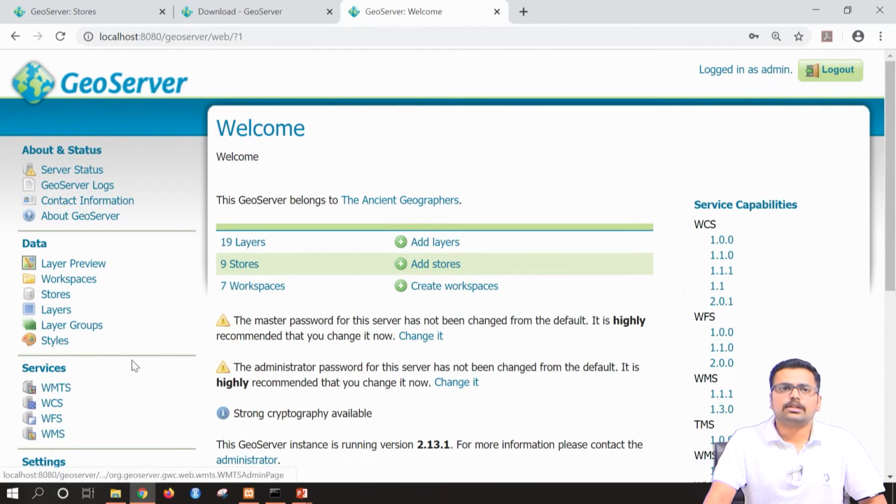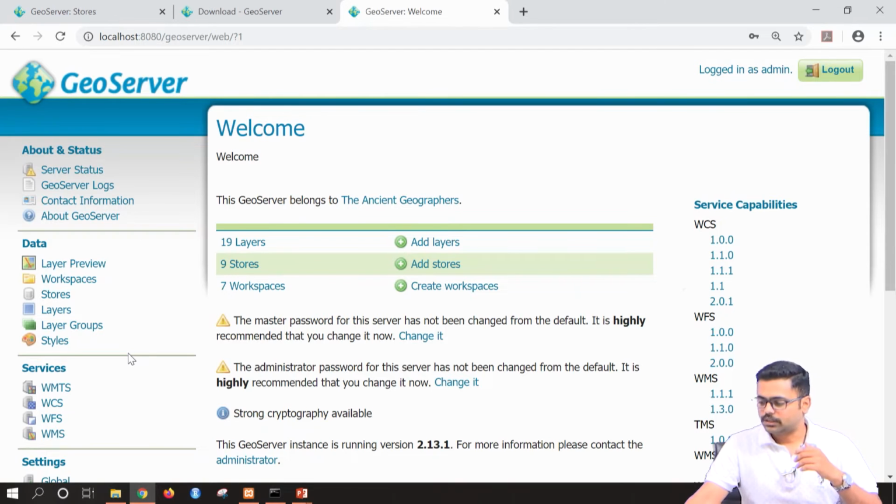Now let us start with our task 1. Task 1 of our GeoServer is to publish a vector file into the GeoServer interface. Now in the previous session we have seen that we had various vector layers. So let us try to bring in some of the vector files into the GeoServer. In the previous sessions we have seen one particular vector file wherein we had clipped the road according to the Mysore district file. So how to add that?